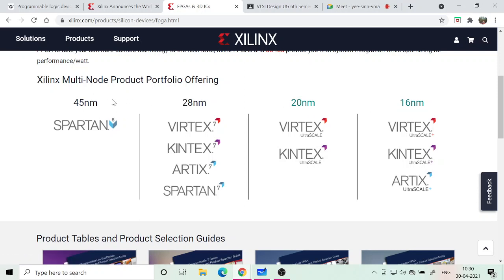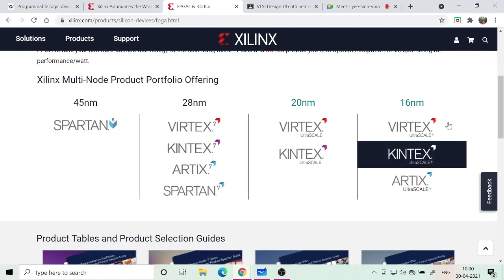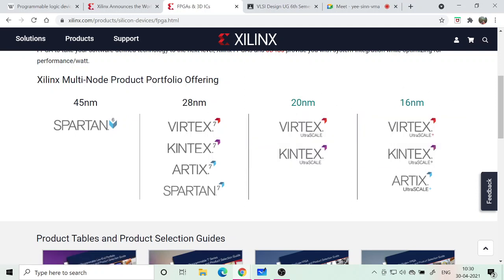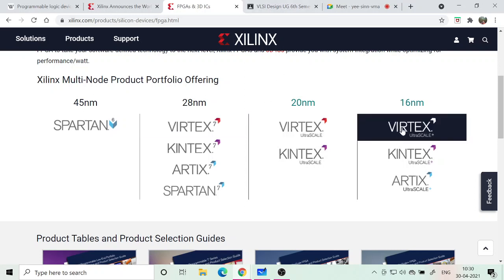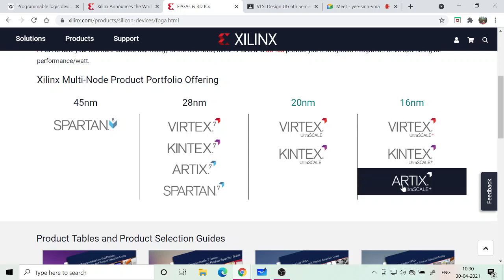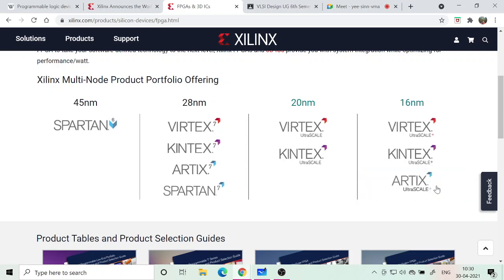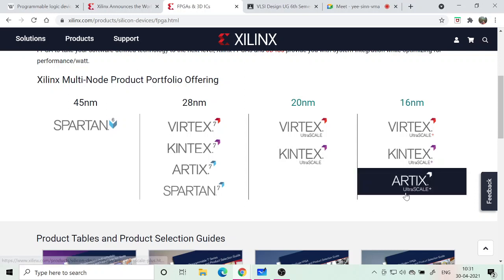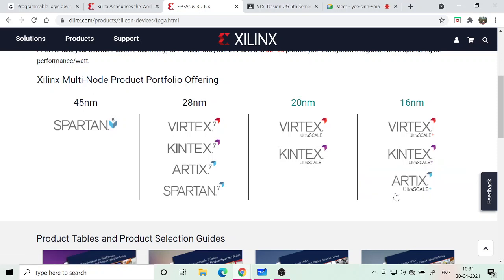So this is the timeline. This is the newest. Before that it was 20 nanometer. Before that it was 28. Before that it was the Spartan series. Okay, Spartan 1, 2, 3, like that there were, but that is now getting obsoleted. But these are the new series. So depending upon the need, for a student project, Artix is good enough, and you can buy some of the cheap Artix FPGA kits which are not high end. You can buy for something like 8,000, 9,000 rupees also. You will get this FPGA, and you can do a very nice project with that.